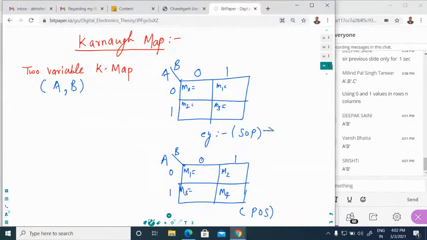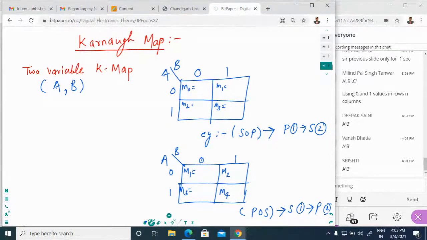Okay, so in SOP we have to perform first the product, and then the sum. But in POS, we have to perform the sum first, then the product second. So quickly give your response. Fill this table first.